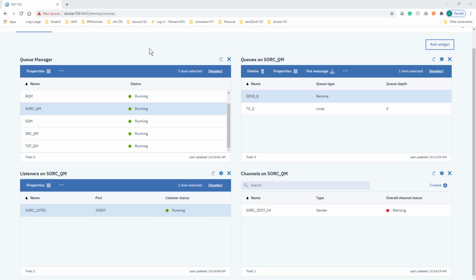So this is the web console of the MQ. It comes with the product, right? So we just need to open this console. Here you can see I created SORC QM. This is the source queue manager, and in that I created two queues. One is a remote queue, and another one is the transmission queue. And I created one listener, which we just started with the port 30,007, and the channel we created its status